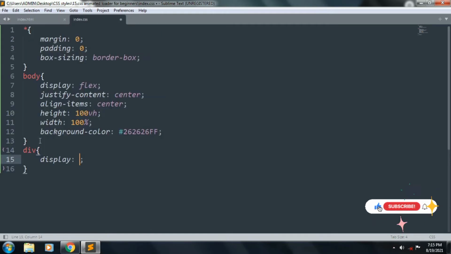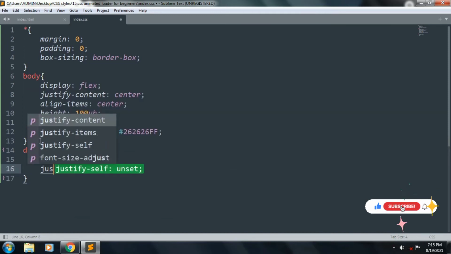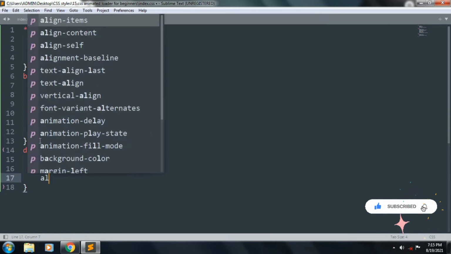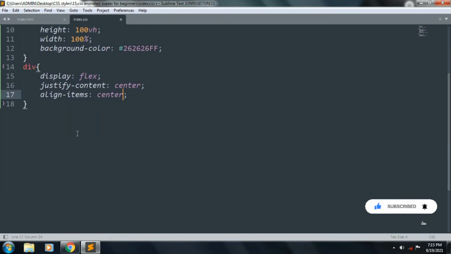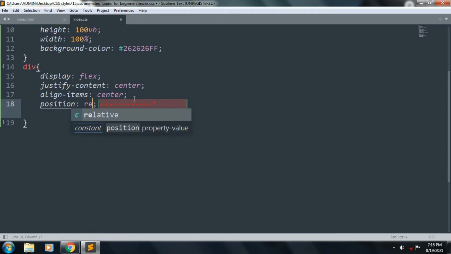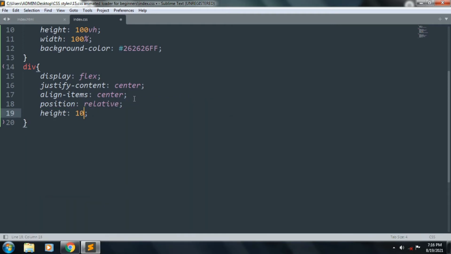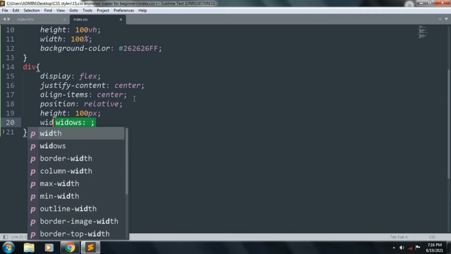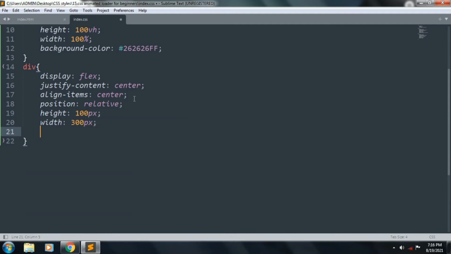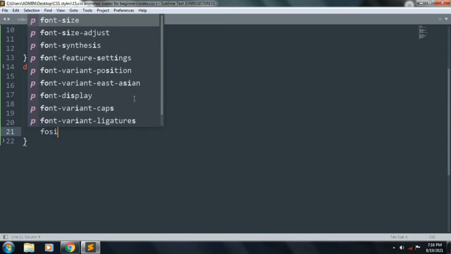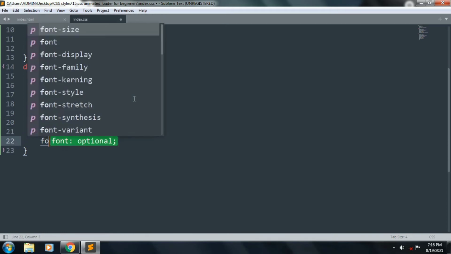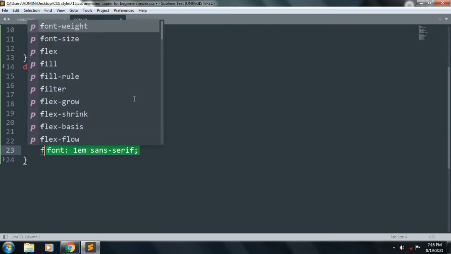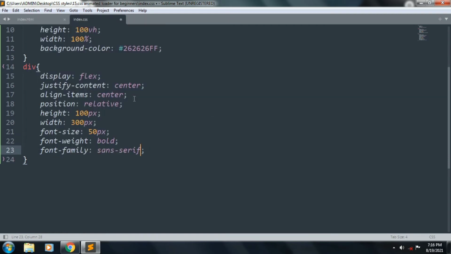Inside this, display is flex and justify content is center. Align items center and position is relative. Height 100 pixel and width 300 pixel and we want at font size that is 50 pixel and font weight is bold. Font family sans serif. Font color is white